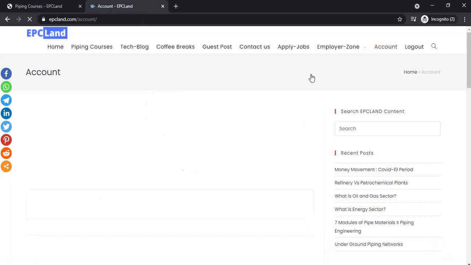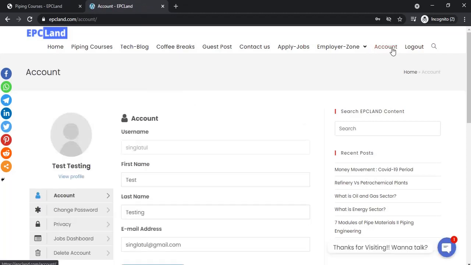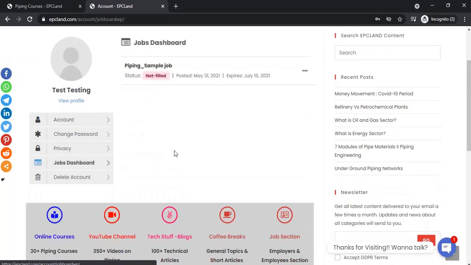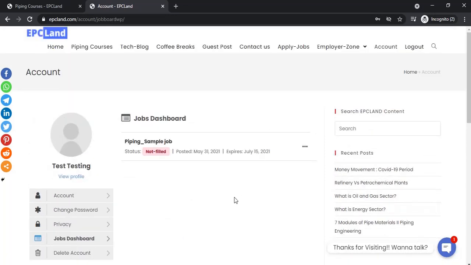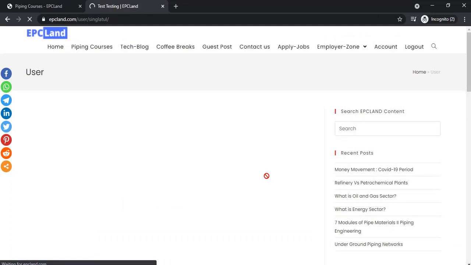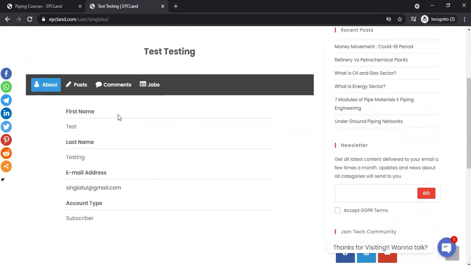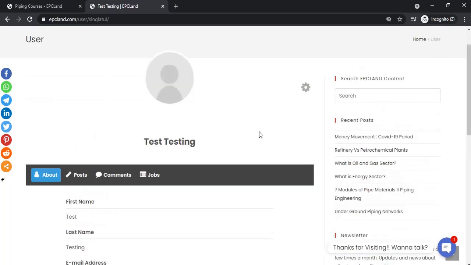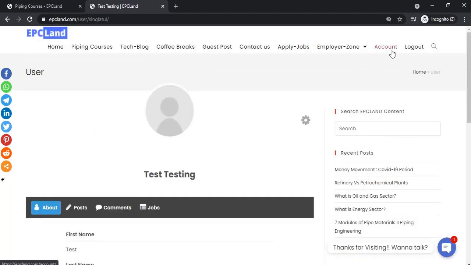And you can check, once you apply or once you post any job, in your account all the details, like whatever jobs you have applied, it will be reflecting here in the account section and profile section. So you can see all these details. This will be your own account: how many posts you have created on this platform, how many comments you have made, and how many jobs you have posted or you have applied. So this will be shown under this account section. So this is how you can utilize this job section. You can post jobs and you can apply for jobs for free.